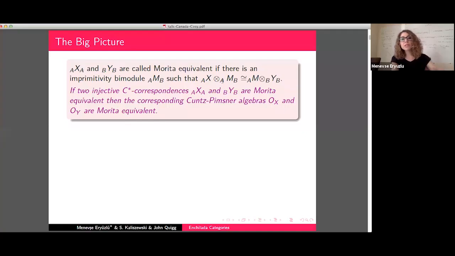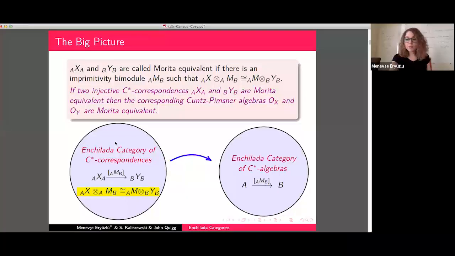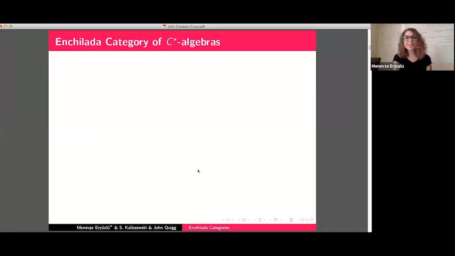Now, our motivation initially was to prove a more generalized version of the Muhly-Solel result. We are not assuming our C-star correspondences to be injective. However, our technique is different. Instead of proving this result directly, we are defining two categories and we are building a functor between them so that the functoriality is going to give us the generalized version of the Muhly-Solel result. You'll see how we are going to come back to this, but first let me introduce our categories.